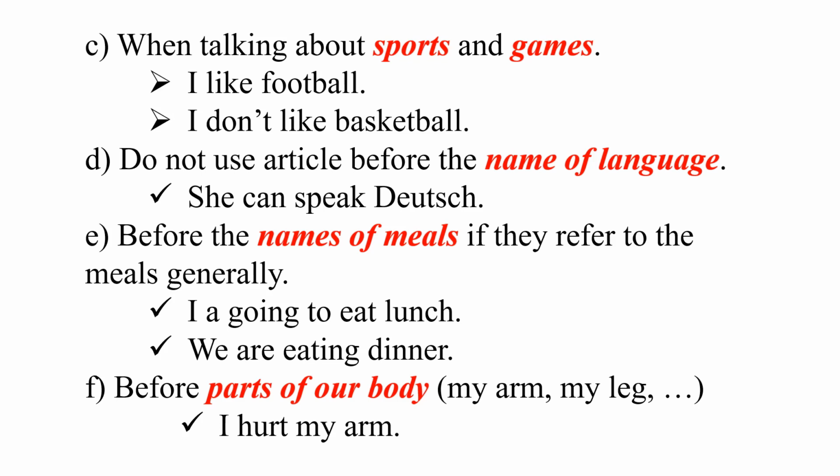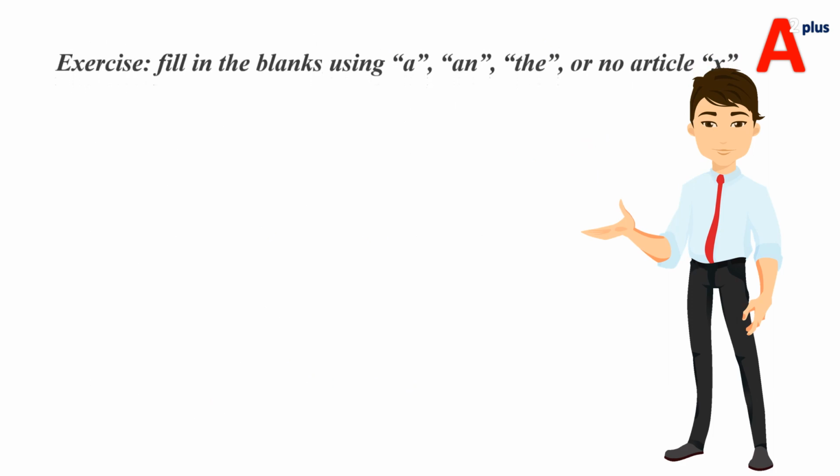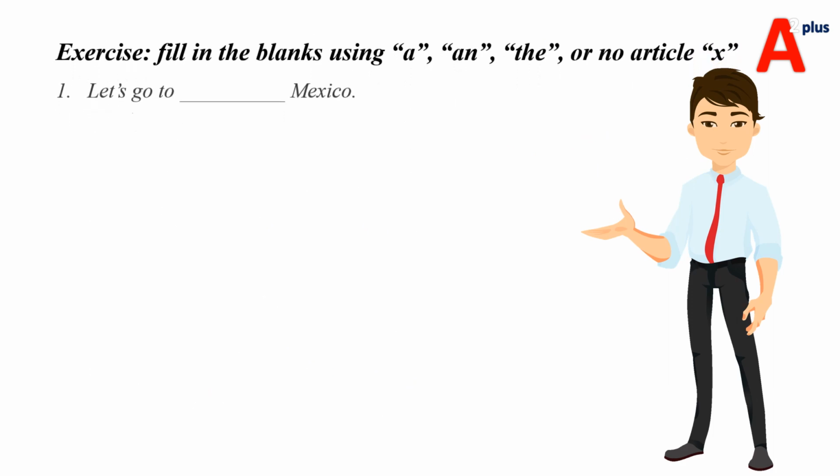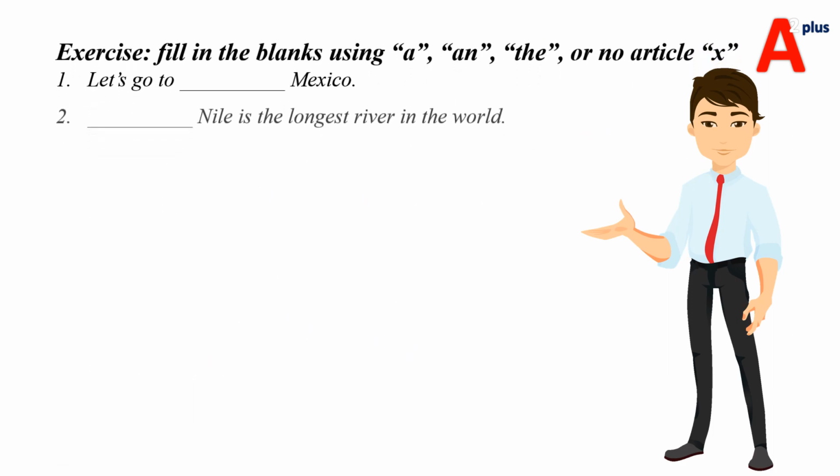And before parts of our body, for example my arm, my leg. I hurt my arm, we don't say I hurt the arm. Okay, I hurt my arm. So indefinite, general, we don't use articles before the following things. So here is the exercise: fill in the blank space with a, the, or no